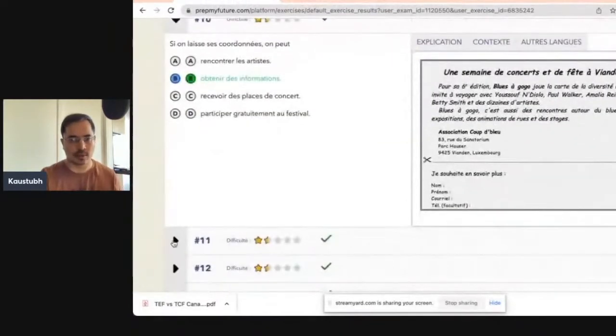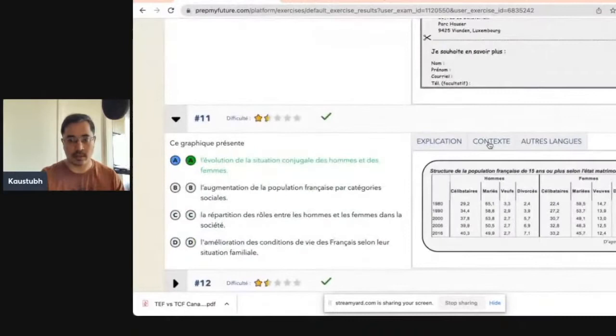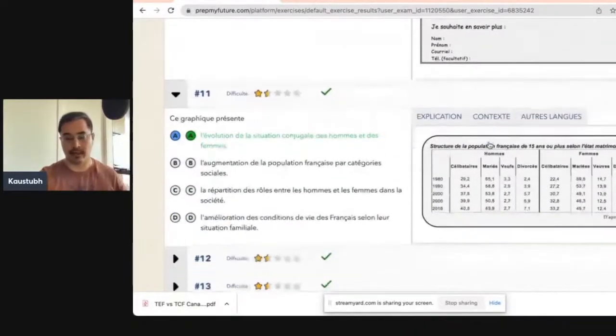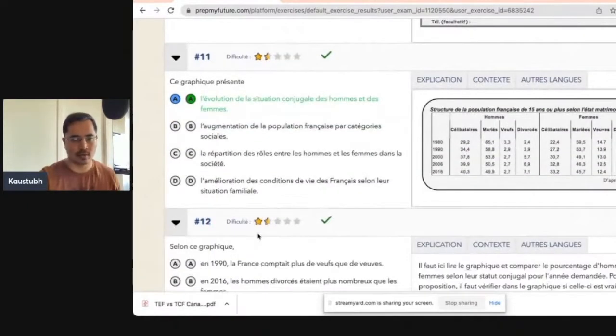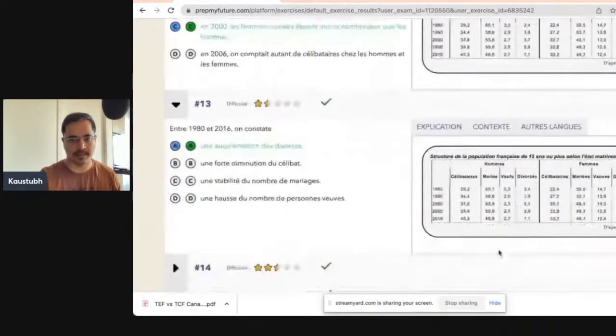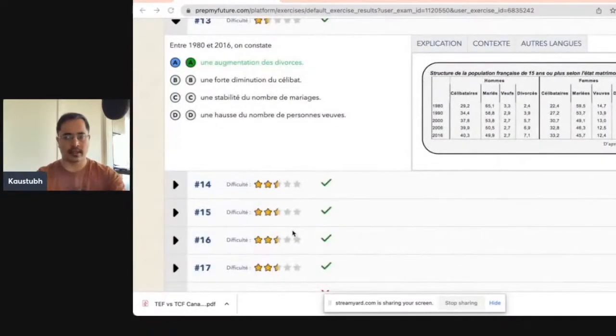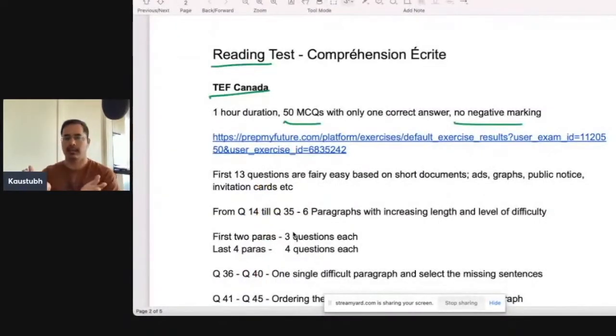There's a reason why I'm going through this super quick. I'll tell you now, because we're going to compare this with TCF. After the 10th, the 11th is a statistical table, and then I think 3 more questions based on the same. So the first 13 questions are based on short documents, like statistical tables, graphs, public notices or ads. Fairly simple. Most of the time, if you have an intermediate level, close to B2, you will get 13 out of 13